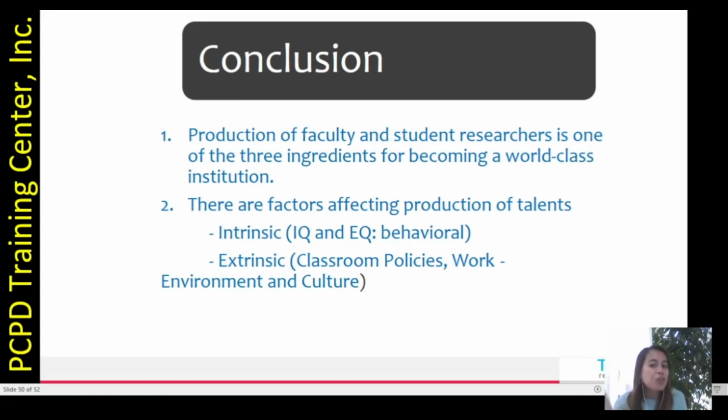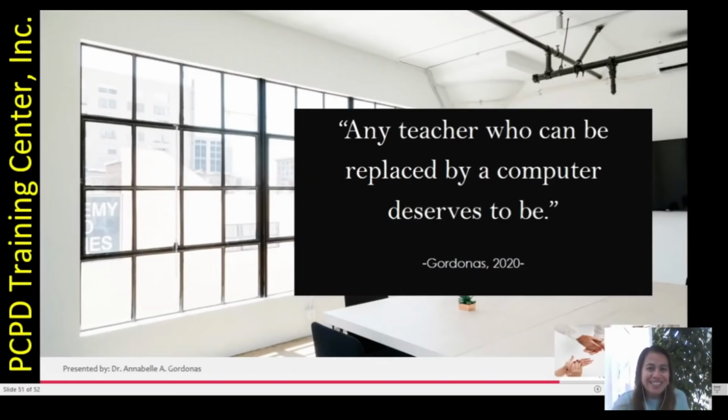And there are factors affecting production of talent, especially now that we are in the time of COVID-19. Intrinsic, extrinsic, must love first before bloom. Safety and survival, and it is our right to provide quality education to our students. Okay, so to end, let me share this with you. Any teacher who can be replaced by a computer deserves to be. So we need to embrace, adapt, and reflect on the various things that we learn, see, and do every day,